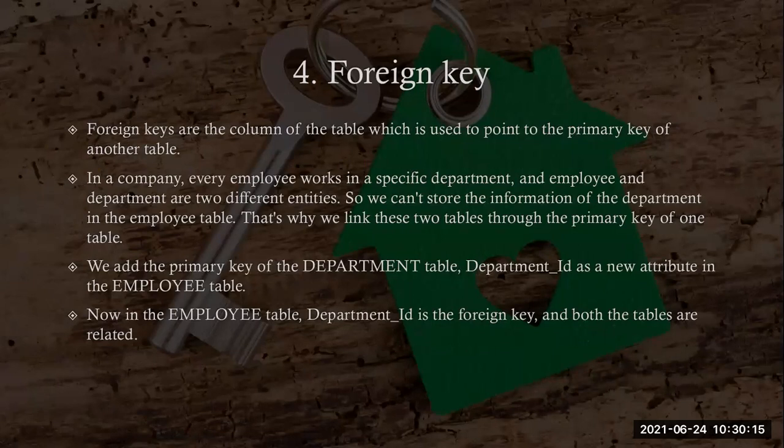In one entity, one primary key has already been mentioned. That primary key has to be referred to in any other table. And when you refer that primary key in another table, at that time we call it a foreign key. Now I will give you the best example for your class. Assume that for the first time you had taken the admission, right?